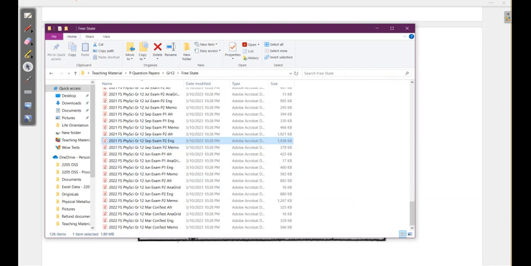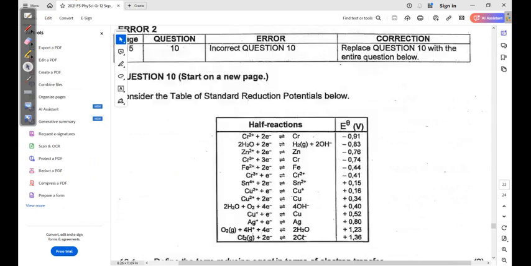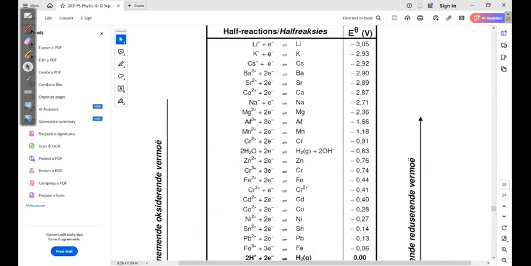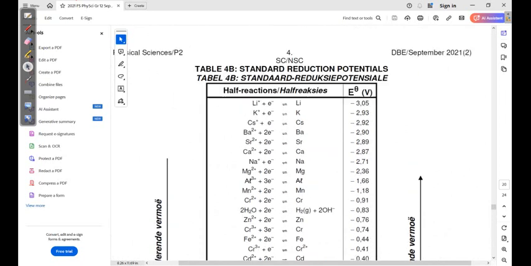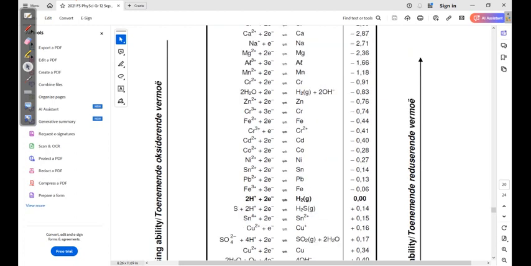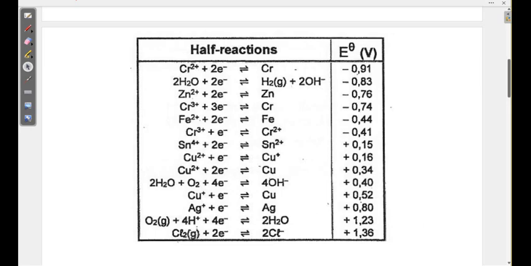Are you sure? I have it in front of me as well. In 4B, zinc is on top, copper is on the bottom. No, it is the one, it's just that they cut it, they took a portion of it. Now on this table 4B,